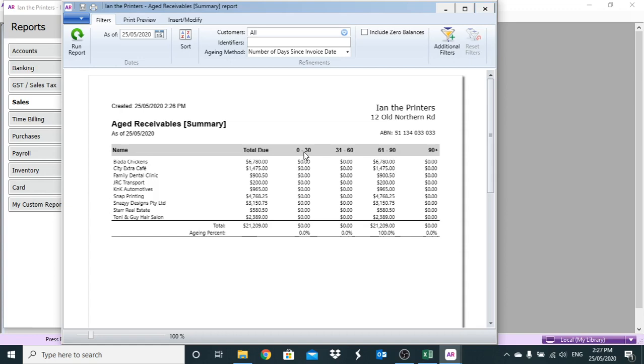And to email it out to a customer. So, for example, let's assume here that we wanted to notify Family Dental Clinic that there's invoices that they owe us that are outstanding. So what we could do is, if we go to